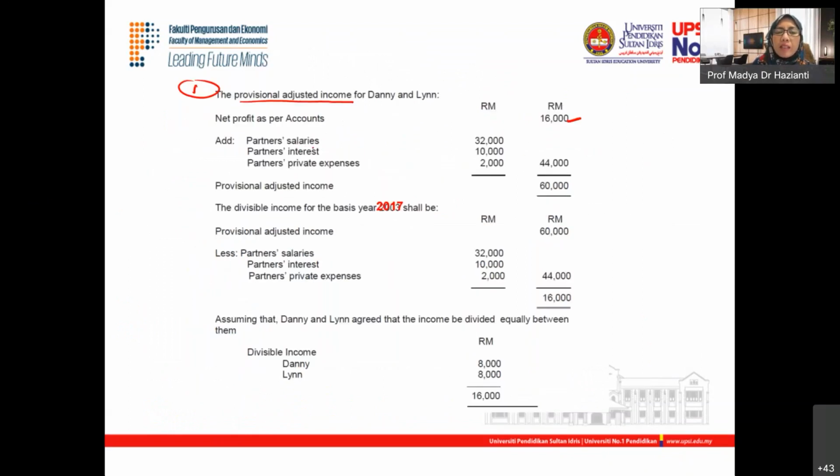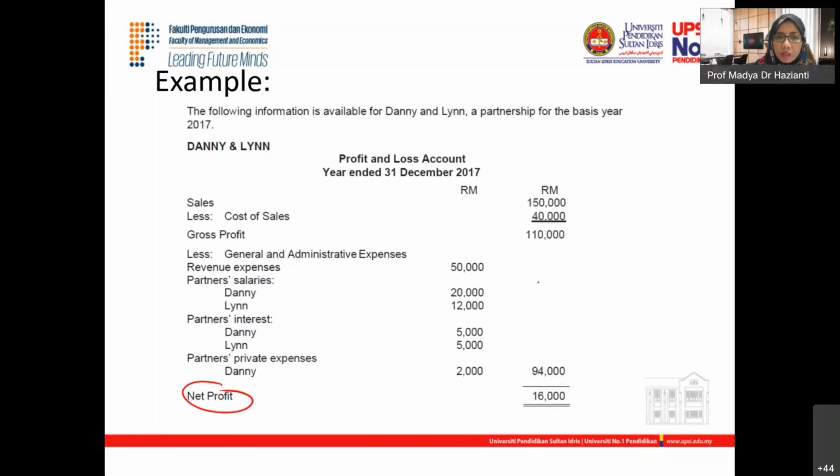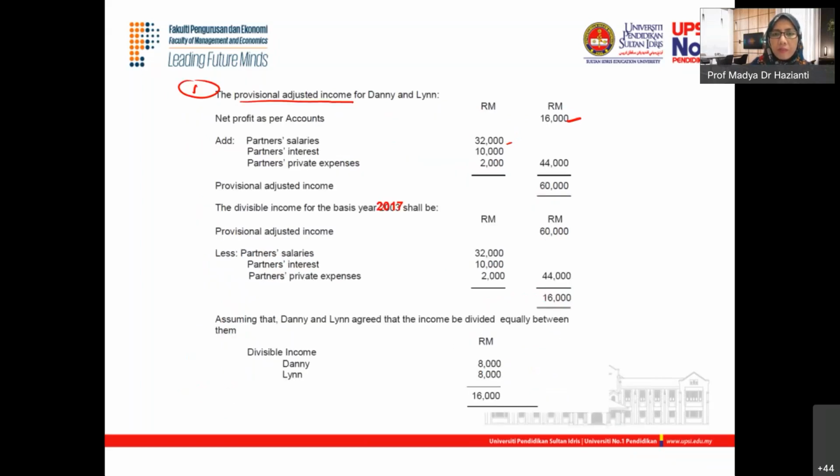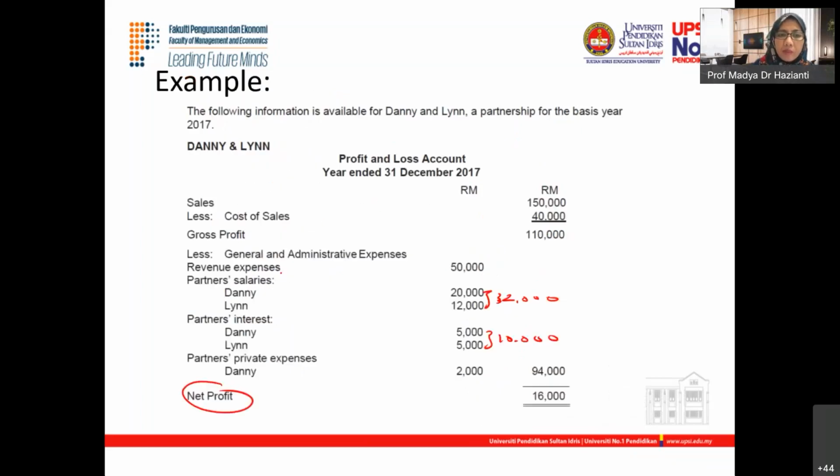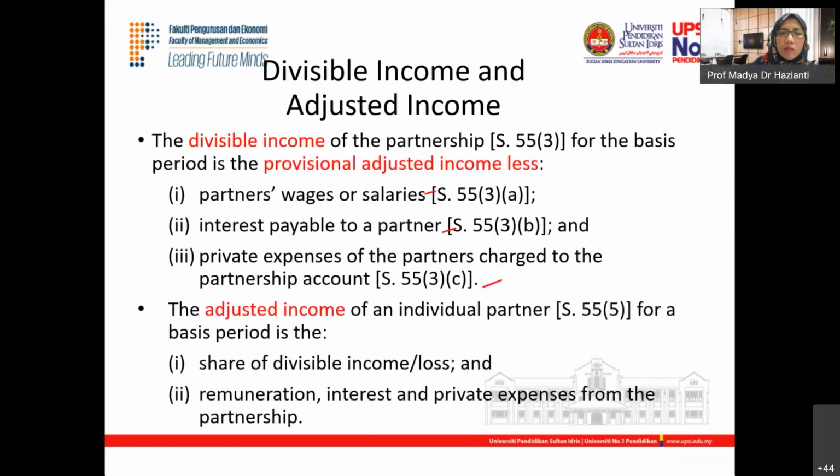Okay, we add back non-allowable expenses and also private expenses. So tambah balik salary, nampak salary. Kita tambah je dua orang punya salary, 32,000. Interest, 10,000. And kita ada private expenses, 2,000. Yang ni tak apa, this is revenue expenses, this is related to the business kan. Yang sekarang kita nak tambah balik, if you look at the format tadi, kita nak tambah balik